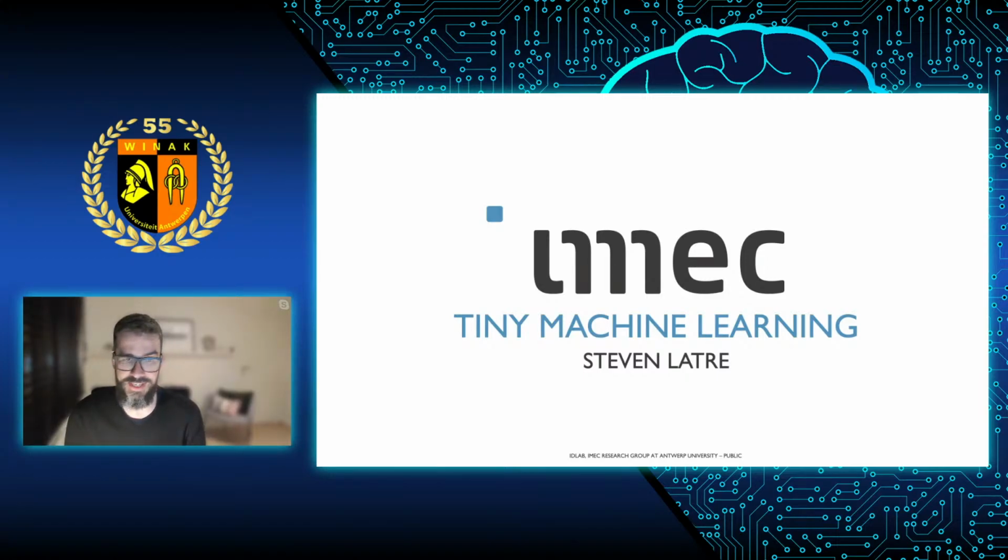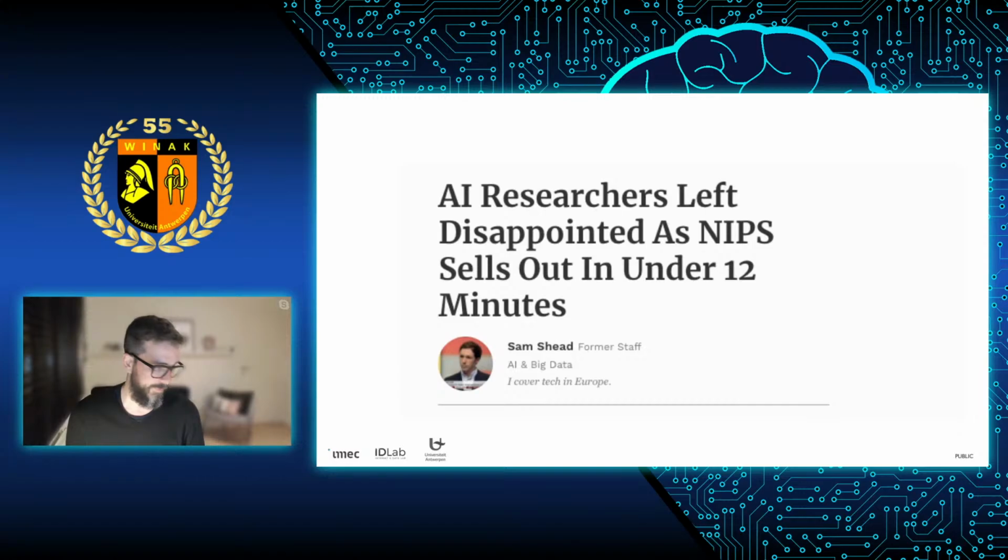The fact that you're all here at 9:15 or 9:10 p.m. and are still interested in machine learning, even without alcohol, really means that artificial intelligence is quite important right now. And I think it's also the case for us in terms of research. We're seeing that artificial intelligence conferences sell out faster than Tomorrowland. For example, 2 years ago, NIPS, one of the biggest machine learning conferences, sold out thousands of tickets in under 12 minutes. So it's harder to get into a machine learning conference right now than to get into Tomorrowland.